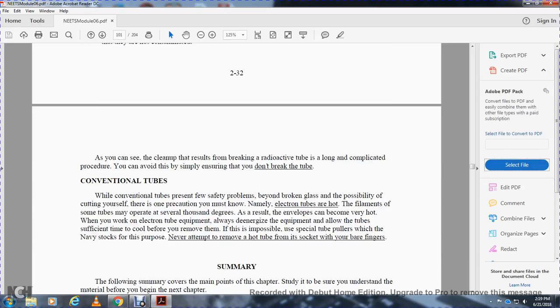As you can see, the cleanup after the breaking of a radioactive tube is a long procedure, and you can avoid it simply by ensuring that you do not break the tubes. Conventional tubes also